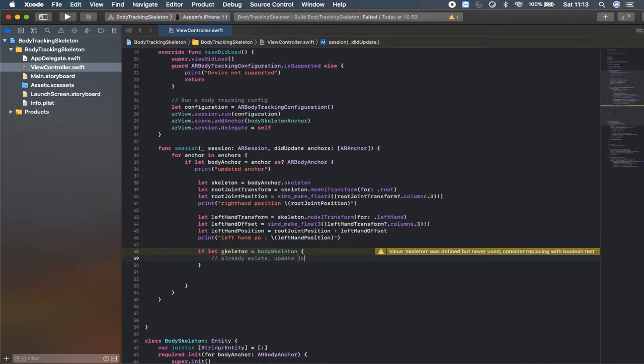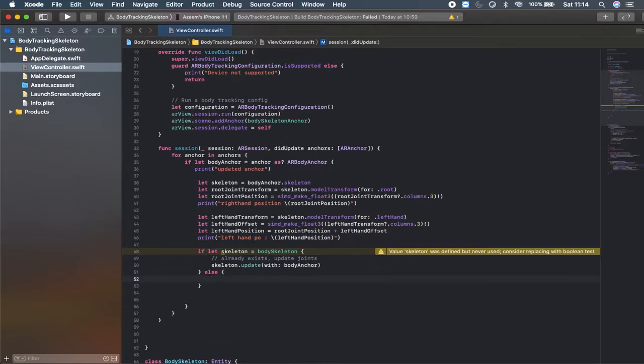That's what's happening here. And inside that, let's say skeleton dot update, and what I'm going to update is update with the body anchor. That is for the if condition, and else,